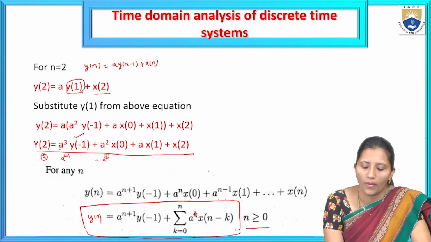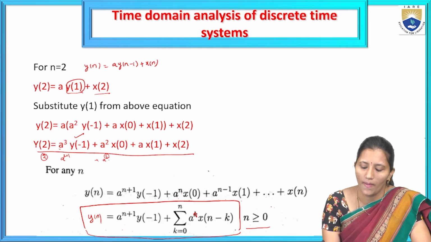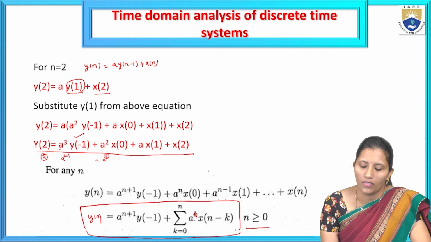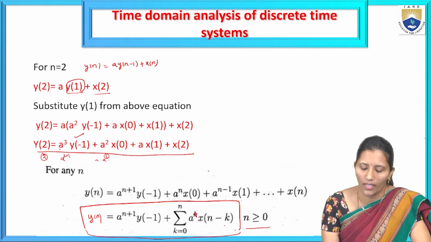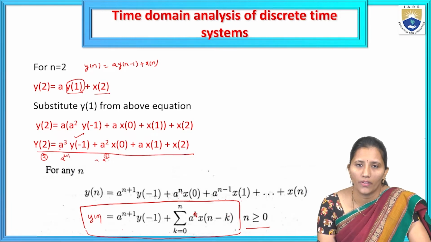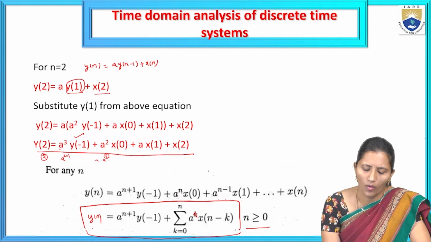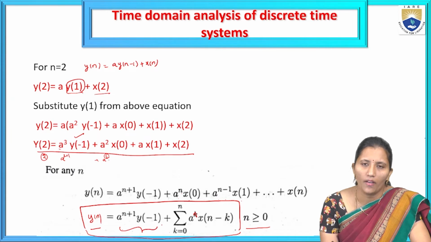So here we will get a power 2 into x of 0, a into x of minus 1, x of 1 plus x of 2. So we are getting the first order difference equation: y of n is equal to a power n plus 1 y of minus 1 plus sigma k is equal to 0 to n a power k x of n minus k, n greater than or equal to 0. So here, by observing this difference equation, output depends on the y of minus 1, that is the initial condition,